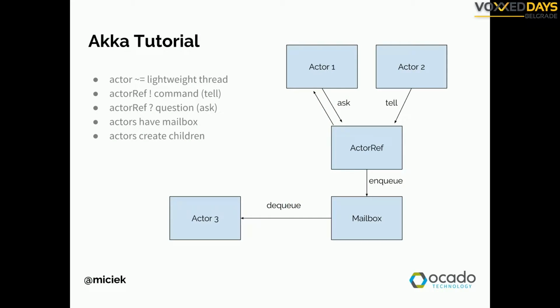And the most important thing for some people, it's creating children. So just like in real life, whenever actor creates a child, it's responsible for that child, right? So whenever your child throws an exception, you need to take care of the exception and maybe create another actor child, or do something different. Things like that. So this is called, in Erlang and other actor models, a supervision strategy. You just provide some code that will be executed whenever something goes wrong. Any questions about Akka? Because this is it.